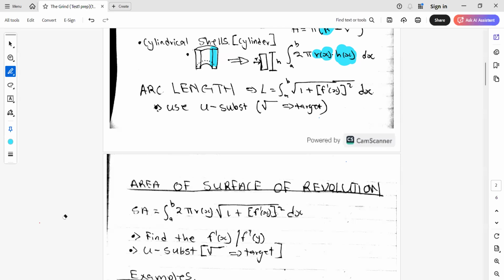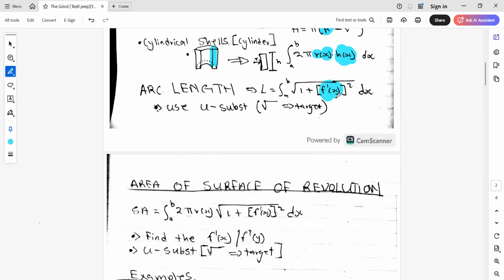The first thing that you have to do when you want to find the arc length is find the derivative of the curve that you're given, okay? You have the equation, then after that, find the derivative, okay? Then once you have found the derivative, the only thing that would work if you want to compute that, you